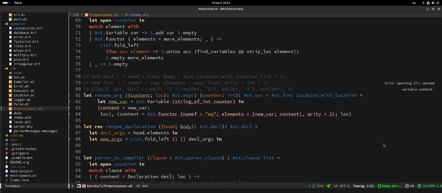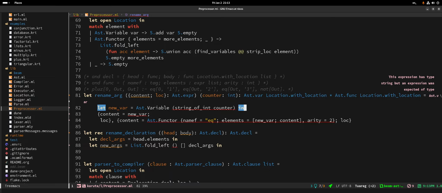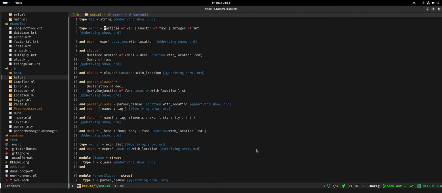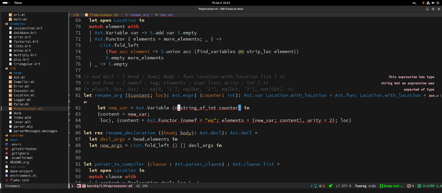Well, whoever is calling us is already giving us the location as part of the first argument, no? Fair enough. So you want to put this here. String of int is not a thing. Int to string. This is expecting what? A var. And a var. Oh, a var is not just a string. That's my problem. I need to put this in a name v. Okay, there we go. And then this I need to put location